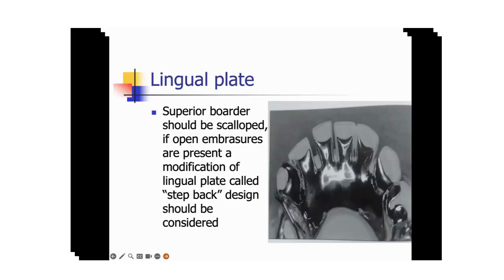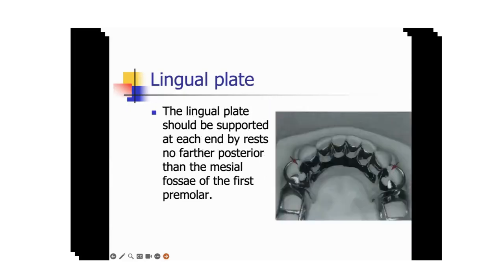It must be considered in case of open embrasures for the aesthetics. Otherwise, the metal exposure from the anterior view is going to be unesthetic. So the step back design should definitely be promoted when you're doing a lingual plate in case of an open embrasure. So the lingual plate should be supported at each end by rests no farther posterior than the mesial fossa